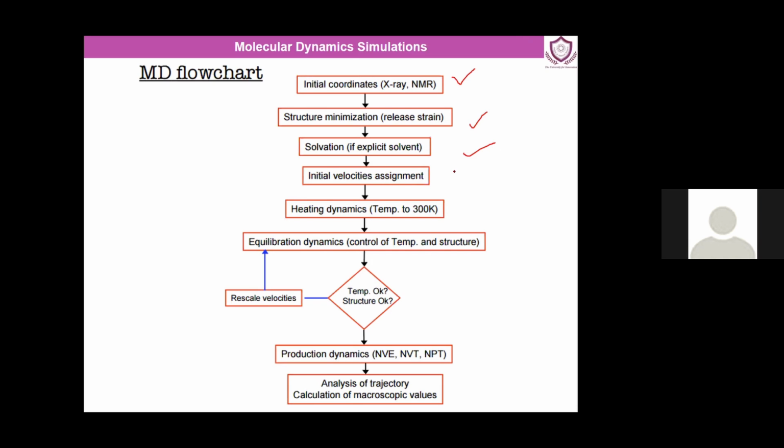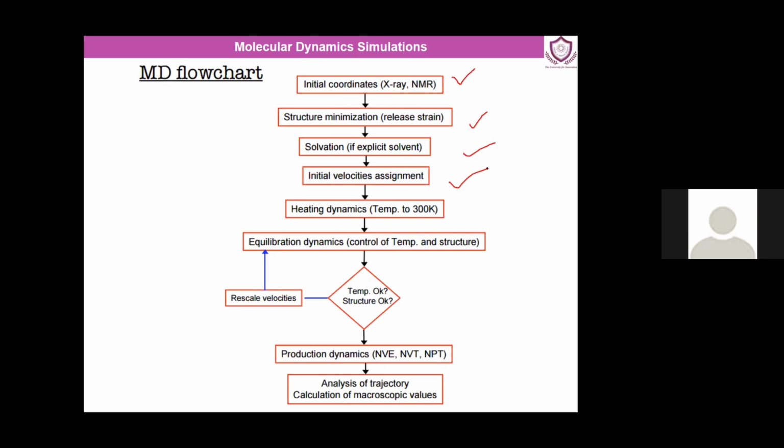And then we give some kind of initial velocity. So when the simulation actually starts, there is dynamics and vibration involved, because those are atoms which will communicate with surrounding atoms. It may be a solvent molecule, it may be another amino acid, another atom of any other amino acid, it may be communication with the ligand, or whatever the case may be.